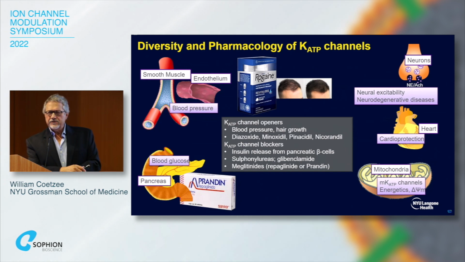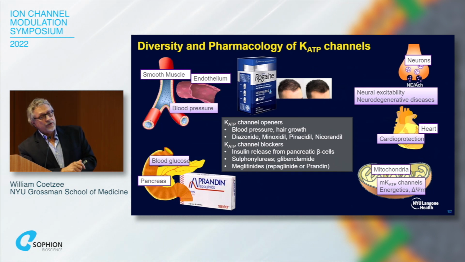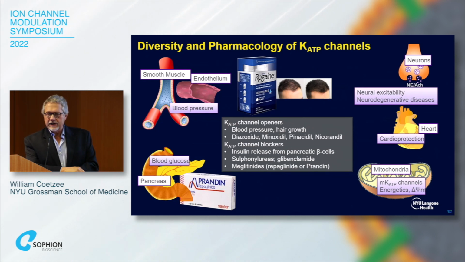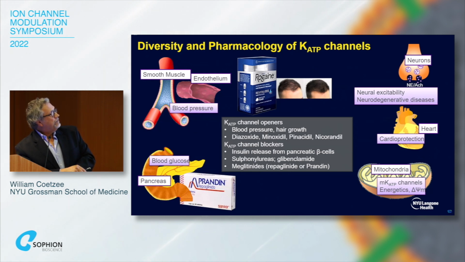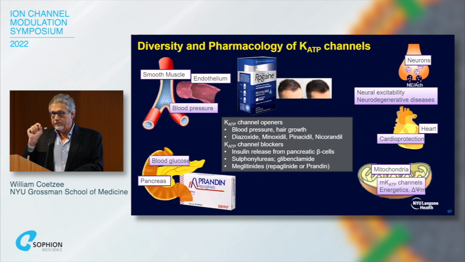The purpose of this slide is to show you that there are, as Colin has pointed out, a number of openers and blockers of this channel, but they are not very specific to any one of these subclasses. You can see, for example, Rogaine was developed as an antihypertensive agent, but it actually caused increased hair growth and is now marketed as a hair growth agent. And there are drugs, as Colin has pointed out, that are used for helping to regulate insulin secretion. But in general, one would ideally want to have a drug that is specific to a specific subclass of